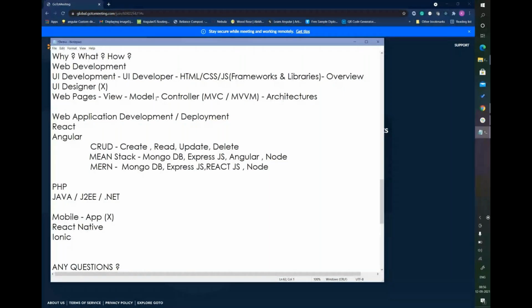As per the market, we need to gear up our skills and move with the market. That is what the IT industry is primarily focusing on. Going forward, you can learn mobile application development based on Angular and React. If you are learning React, you can target native applications using React Native. If you are targeting Angular, you can use Ionic and other native applications as well.